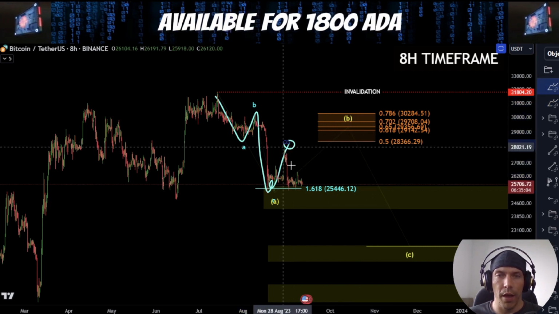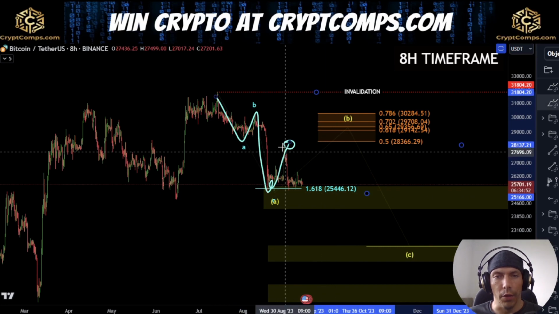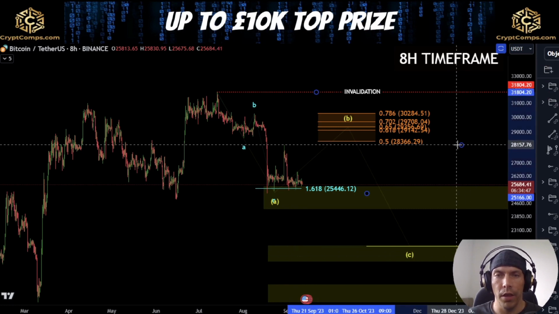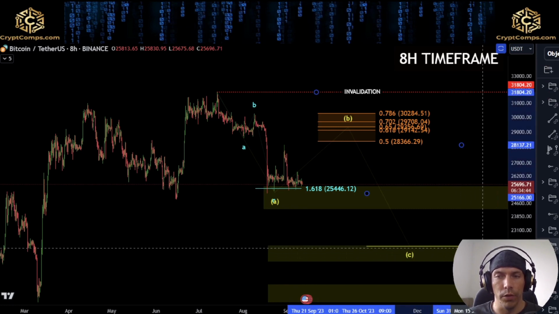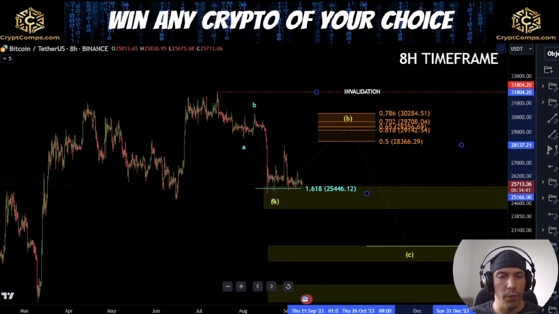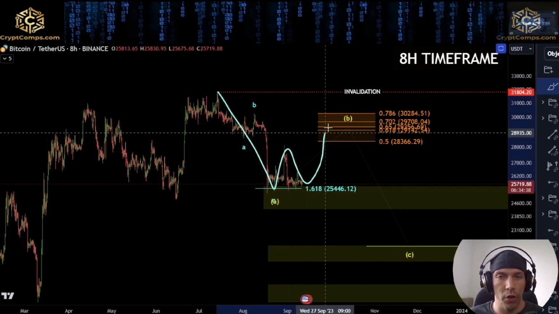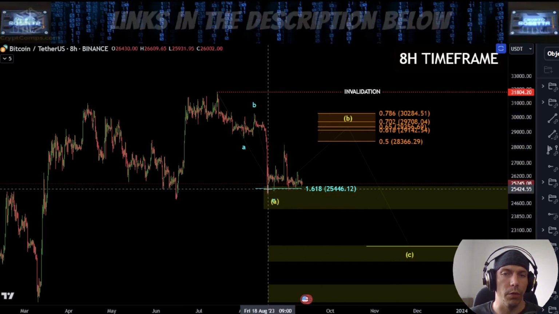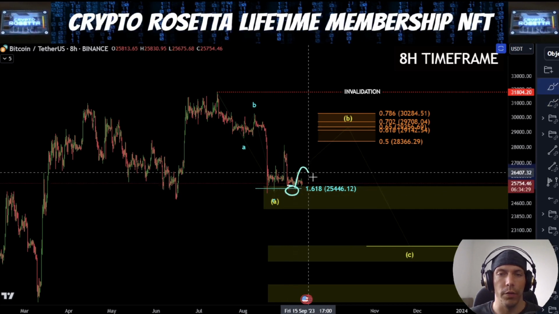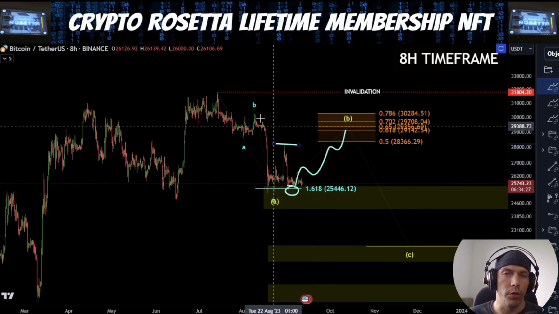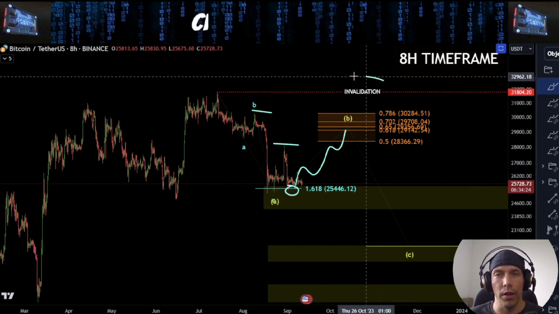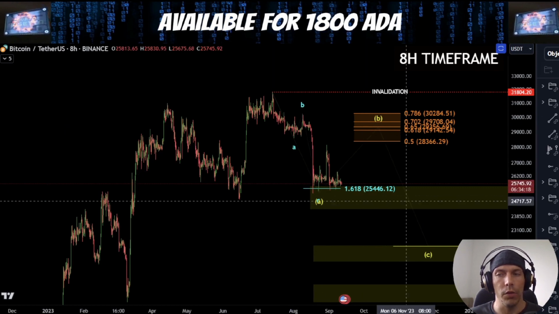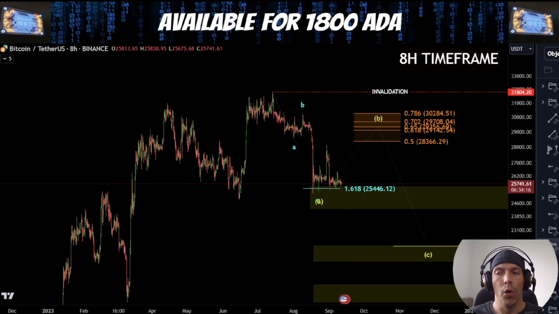Now, this move here has done enough to complete this as A, B, and then we could be looking for a deeper C wave, in which case what we would then be looking for here is actually looking to push down towards this 22,264. So this is something we need to be careful of here, if we do either push up in 3 waves here, we could still be within a corrective move and we still have to come back down. The only way we're going to confirm this is that if off these lows here we start to develop a nice clean 5-wave structure, which starts to break back above some of these highs, and ideally the invalidation of this 31,804. Until we do that, the count is looking more poised to the downside, so we need to just be